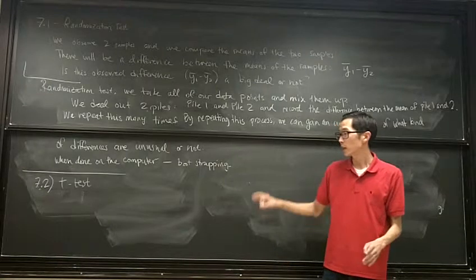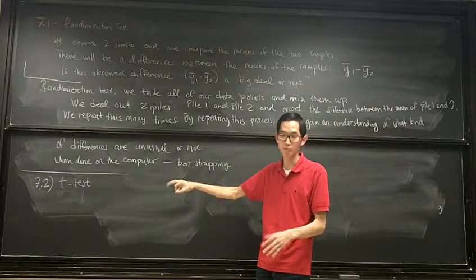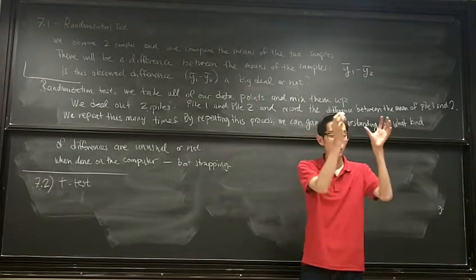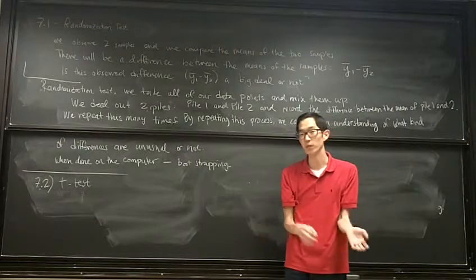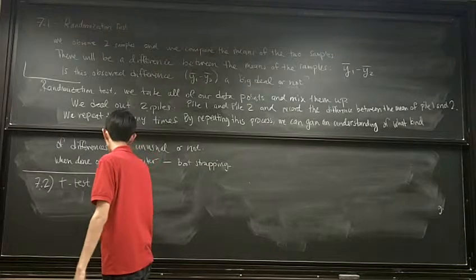We're going to take our understanding of the normal distribution, or technically the t-distribution, to decide whether or not some observed difference is unusual or not. Okay, so same setup as before, but now